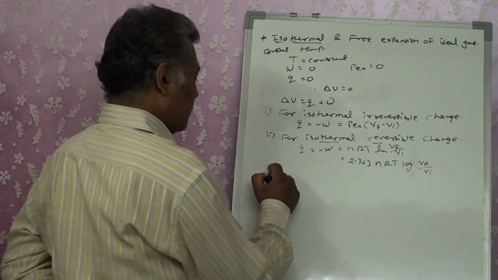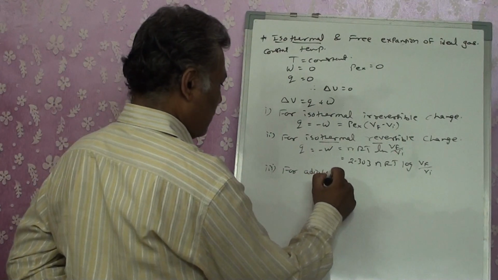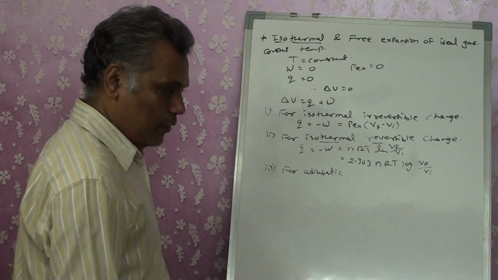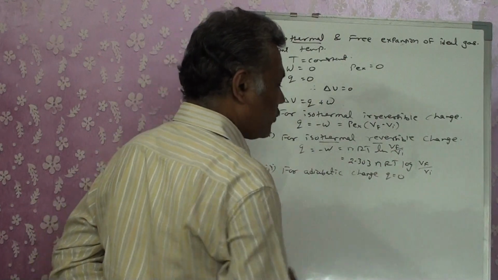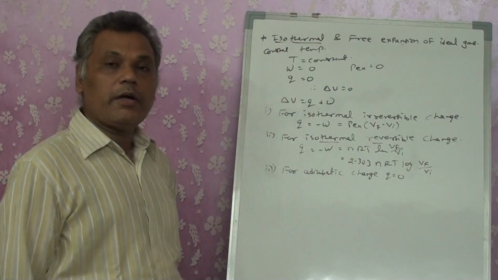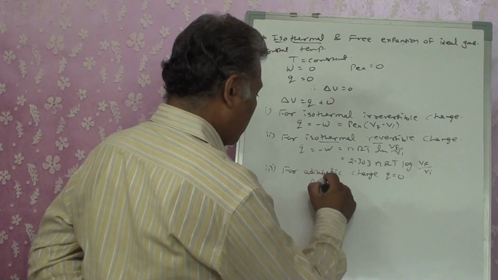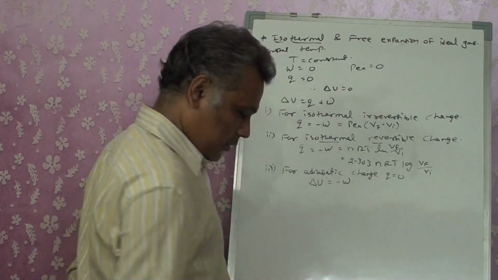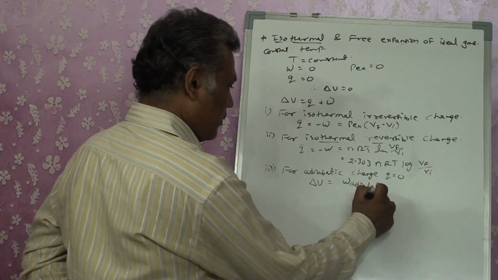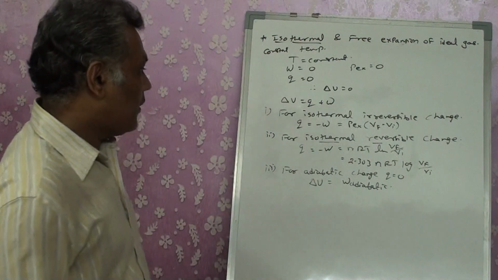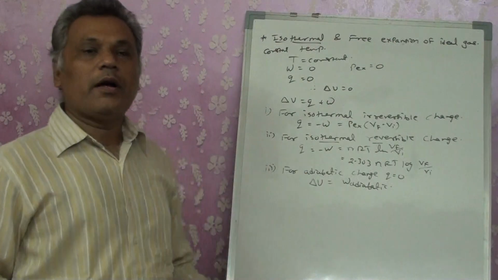Okay, and the third term is for the adiabatic condition. For an adiabatic change, that means heat is not changed at all. Q will be equal to 0. We know adiabatic means heat is neither absorbed nor released. So Q equals 0. So delta U equals minus W, or you can say W adiabatic. So we get three different conditions for isothermal expansion of an ideal gas.